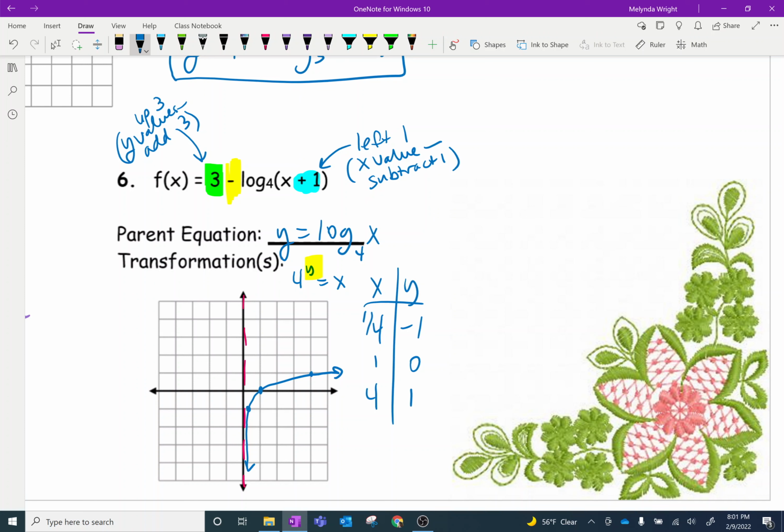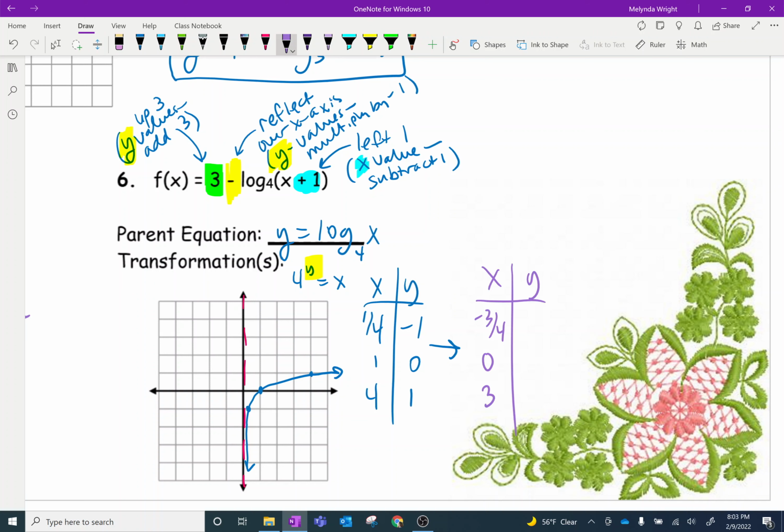So 1/4 minus 1 is -3/4. 1 minus 1 is 0, and 4 minus 1 is 3. That wasn't too bad, right? Now we're going to have to think back. If I have 2 different transformations for y's, which one am I going to do first? Does it matter? Absolutely it matters. Should we multiply